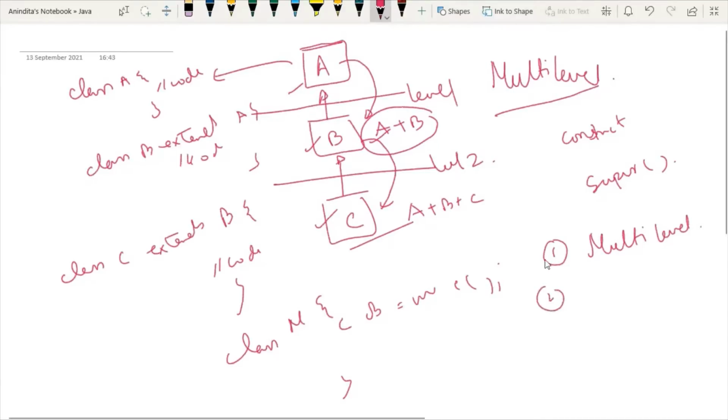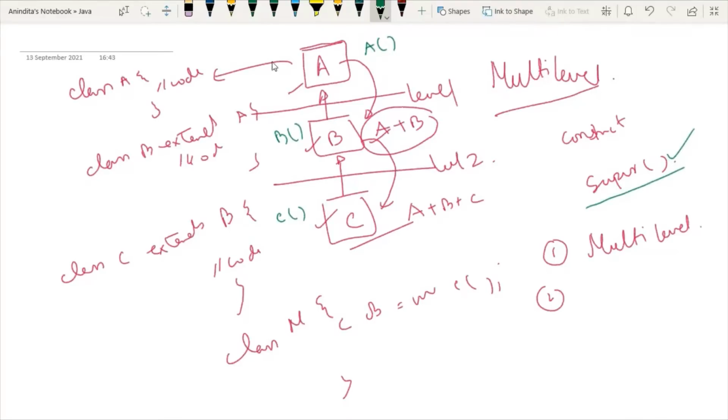Inside each and every class you have constructors, and you are not allowed to use any keyword. Any keyword means, in inheritance we prefer to use the super keyword.